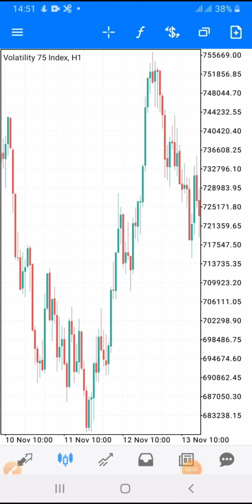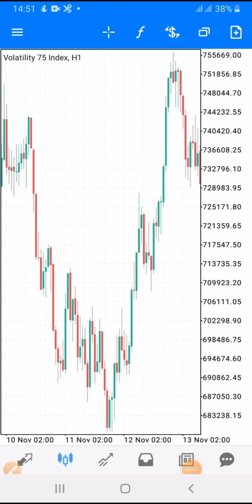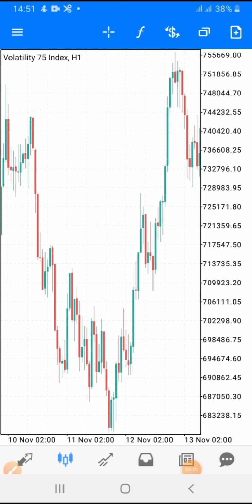So the tips that I'm going to give you on this particular video now is this. If you understand how this volatility moves, you will make money. All right, whether you enroll yourself on a mentorship program or not, you are going to make money. And the tip is this: if you look at this chart as you are looking at it right now, just know that whenever